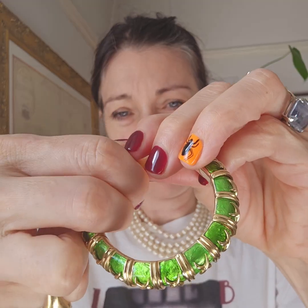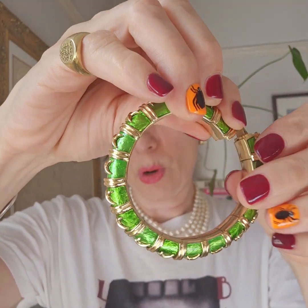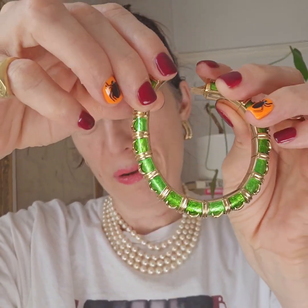And the reason why I wanted to do a video on this bracelet is because, of course, it is a Schlumberger design. It's a Croisillon bracelet. But it's quite curious because it's not stamped Tiffany & Co. or Schlumberger. Now, we've had this bracelet taken apart in our workshop,